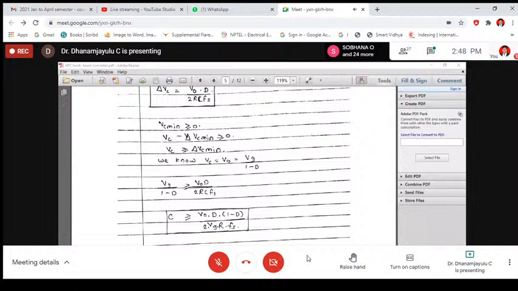Here the inductor value is Vn into D upon the switching frequency into ripple current. Then you will get the inductor value. Similarly, for the capacitors, you can calculate C1, C2 as V naught by D divided by Fs into D into the ripple voltage into the resistor value. You can calculate the capacitors. Again here, I have considered an input voltage of 52 volts, and I have fixed the duty ratio at 87%,